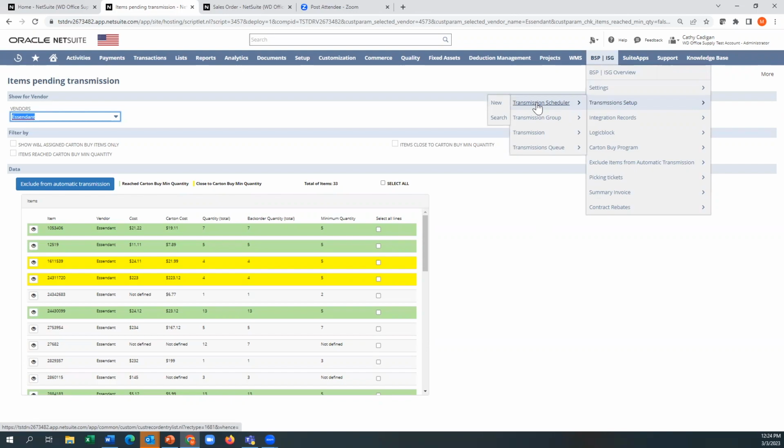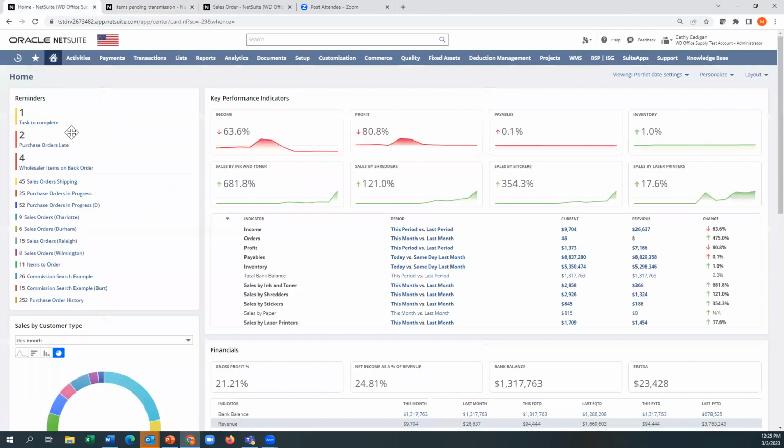So BSP has built all of this out for SB Richards, Ascendant. So you're going to be able to create your schedules, group items together, assign your account numbers. It's going to go through a transmission queue. It's going to send stuff out. We're going to get a ping back from Ascendant and SB Richards. That information will come back into the sales order lines, confirming availability of inventory. If it's not available, right, then it didn't go out. And again, we're back to our reminders here, right? Things that didn't ship that day.